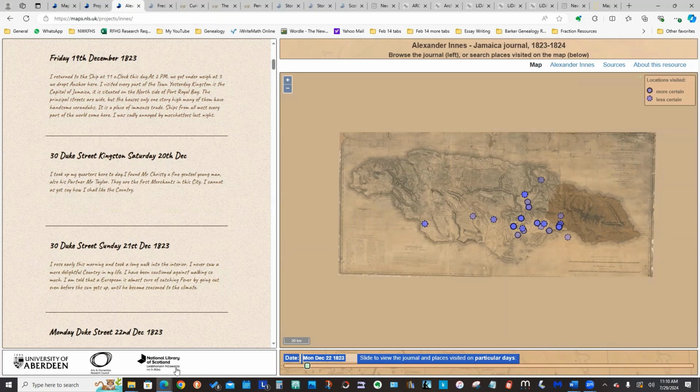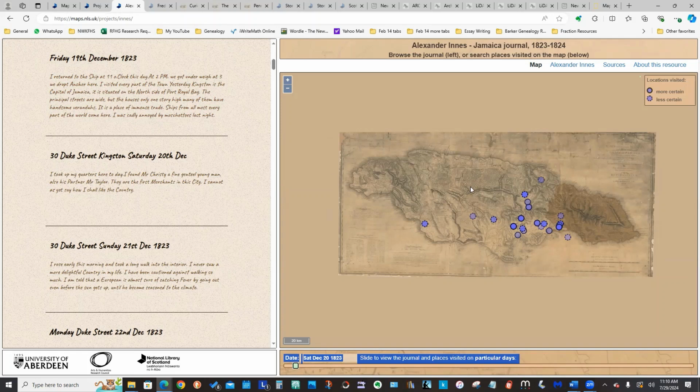They were partnered with National Library of Scotland to use the map technology, and it looks like it's also the Arts and Humanities Research Council. So those three partnered together to create this project,